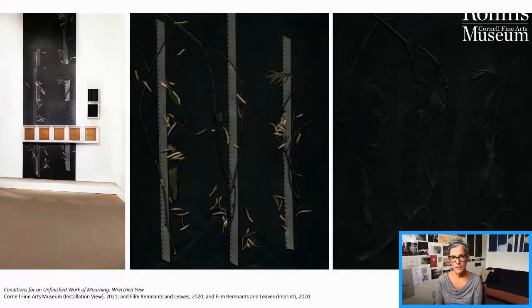So these considerations of recording and fragmentation also extend to the large-scale prints on vinyl that sit behind the frameworks in the exhibition. And the composite vinyl prints are really generated from the elements in the framed works above or in front. So this grouping of work stems from just this ongoing set of questions that I'm constantly thinking through. What is possible within a document or a record? What can be revealed? What remains hidden, unseen, or unheard?